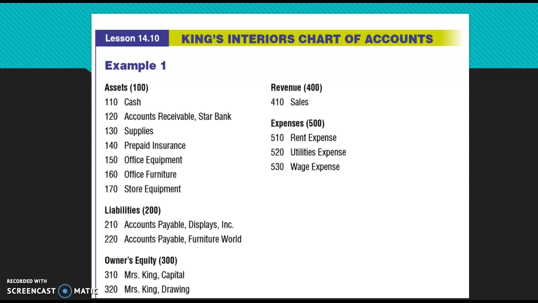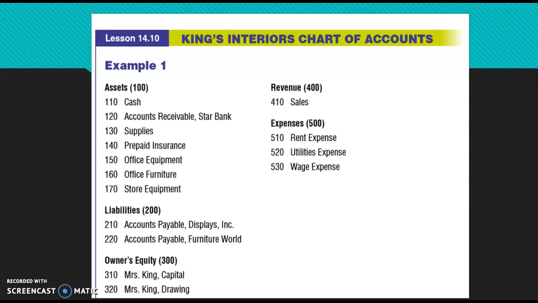Hi guys! Today we're going to talk about preparing a chart of accounts. I know we had an earlier video of reviewing our general journal and preparing the chart of accounts, but I wanted to look at today's lesson. Now, what you see on your screen here is a sample of a chart of accounts for a company called